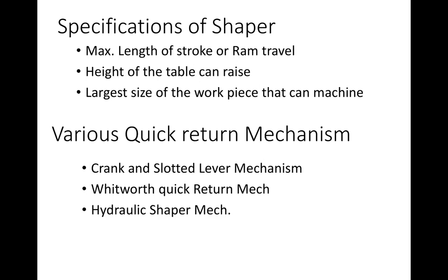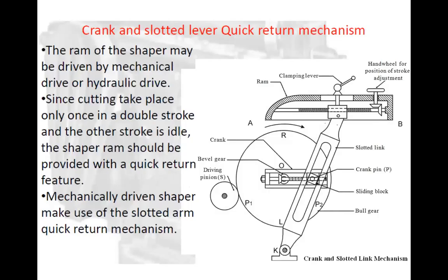So here we are going to see one of the inversions, the quick return mechanism, which is the same mechanism we use for the crank and slotted lever also. So this is a typical crank and slotted lever mechanism. In the image on the right, this is your shaper, right?